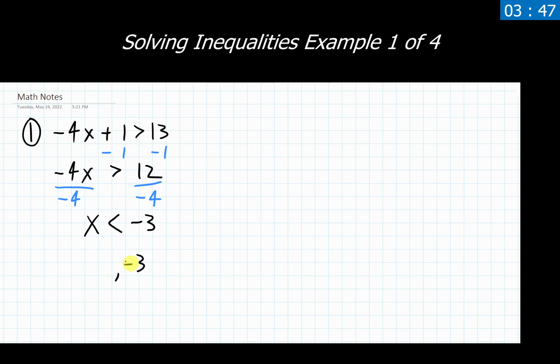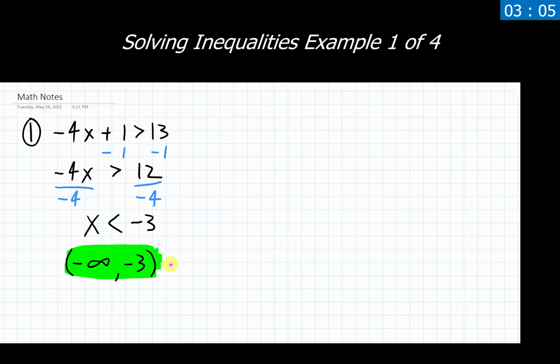Which means if it's the largest value, the lowest value would have to be negative infinity. Any and everything lower than negative 3 in value. Brackets or parentheses? Infinity and negative infinity always have parentheses, so we're good there. Negative 3, well, I need to take a look at this inequality. It's less than, and the less than or greater than inequalities always have parentheses around them also. So in this case, we have parentheses, negative infinity to negative 3, with parentheses around that as my final answer